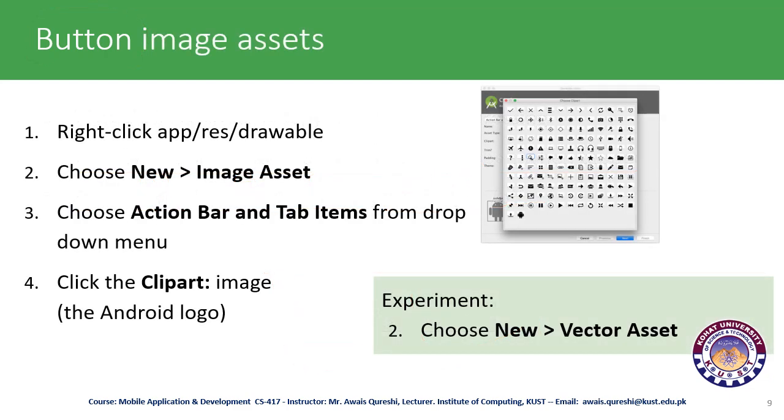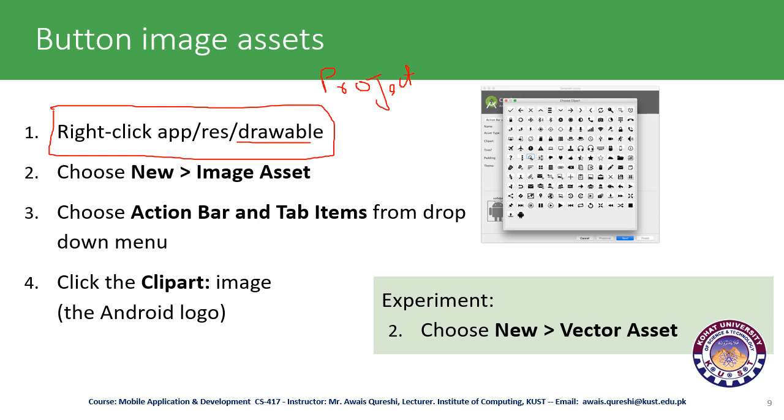So how can we use an image on a button? We will see this in a small program later on. There is a directory in an Android application called the drawable directory, and this directory or folder is present in the resources folder, and then this is an app folder, and this whole path is visible under the project tab. You can go to the project tab, and then you can see this directory is visible over here.